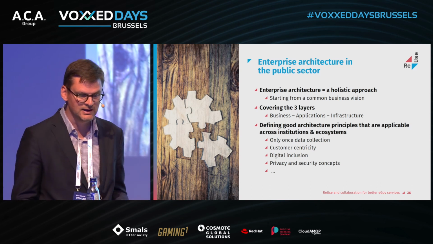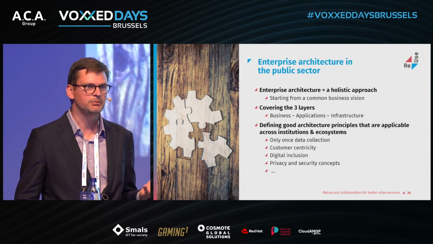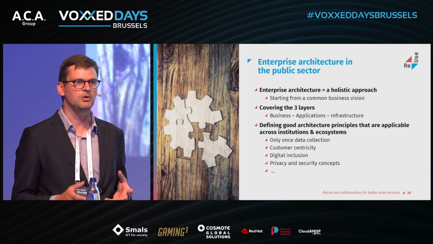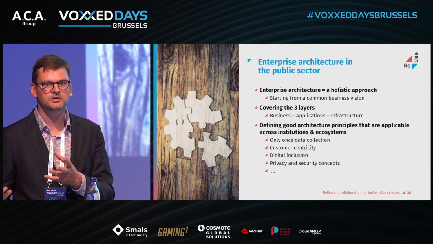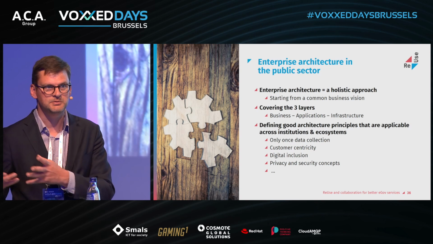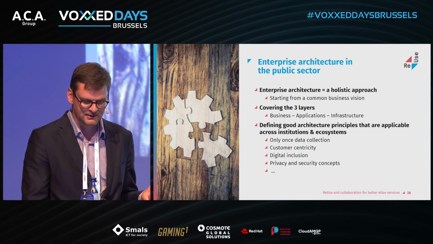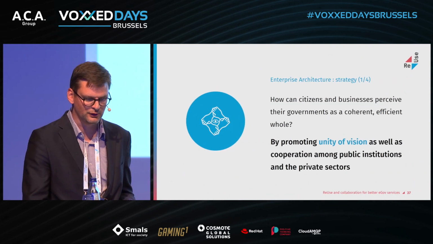Customer centricity, digital inclusion. So when we go 100% digital, it's important that everybody can follow this. So how can we help people that are not able to use these digital services? How can we create representatives that come in place at that time, and other kinds of principles